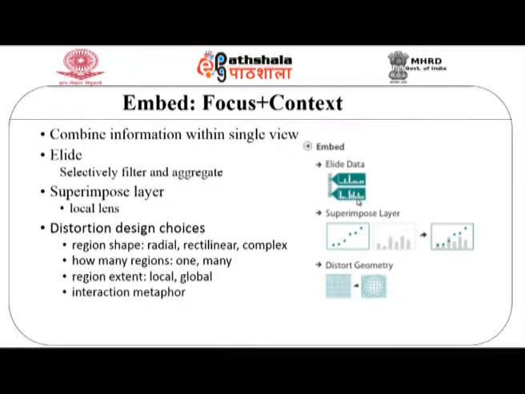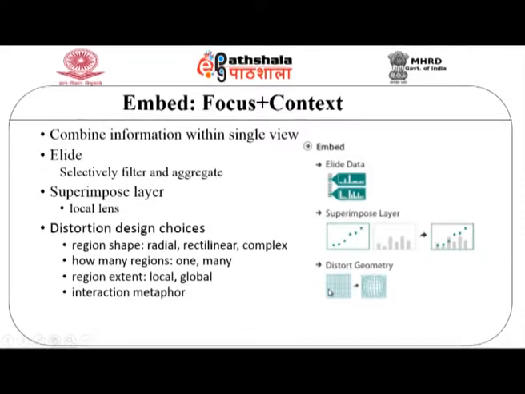We try to superimpose various layers using the local lens, and we try to apply distortion design choices like region shape, which can be radial, rectilinear or complex, and we try to define the number of regions like one or many. We try to define the region extent, whether it is local or global extent,